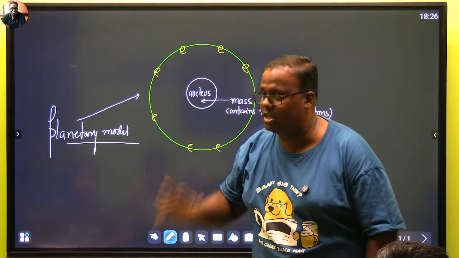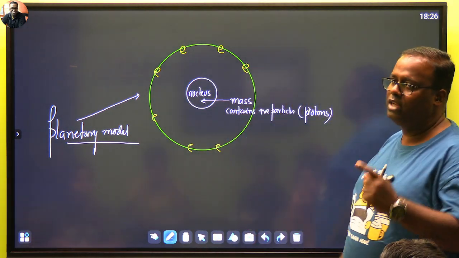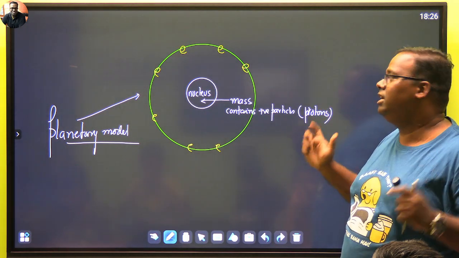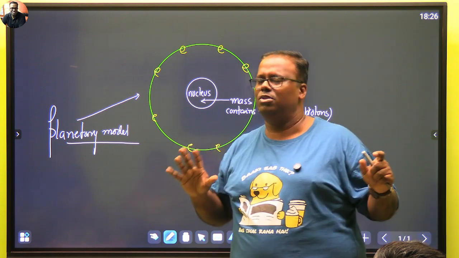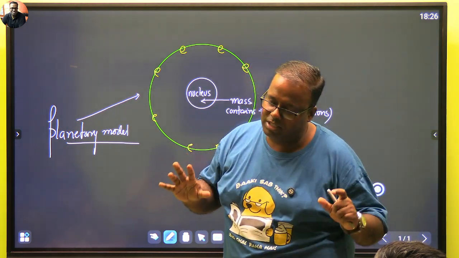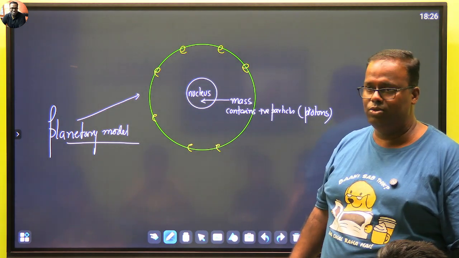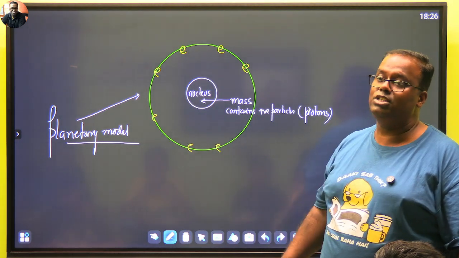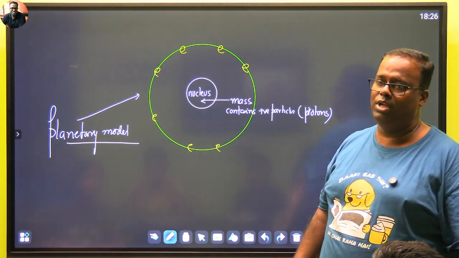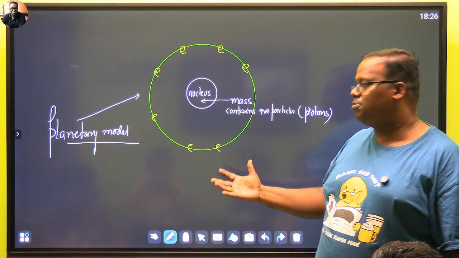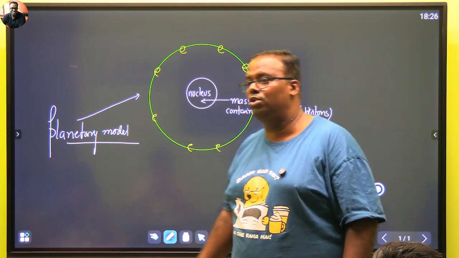Story, just understand. By 1900, we had the plum pudding model. Everything was J.J. Thomson's kingdom. And he said that only electrons and protons are the particles that are there in an atom, and the count is same, so the atom is electrically neutral. Rutherford conducted an experiment, a famous experiment, which is known as the Rutherford's gold leaf experiment. So gold leaf experiment के findings के बाद Rutherford came up with findings.